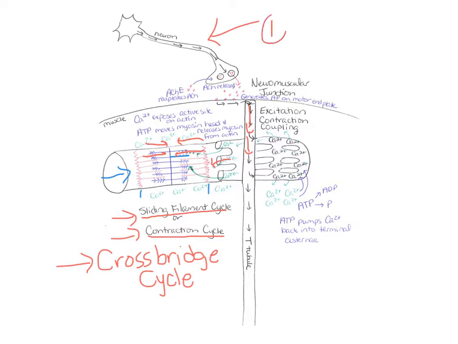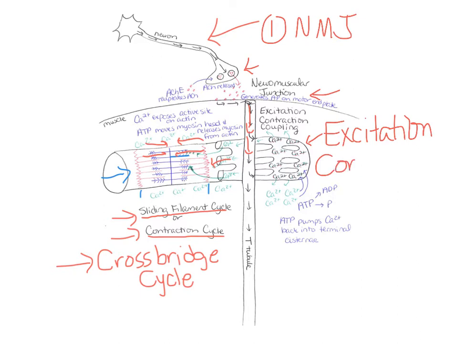The first process that we're going to talk about is called the neuromuscular junction. It's what occurs between the neuron and the muscle. So we'll look at that process and we'll see how the nerve transmits its nerve impulse into the muscle. The second process occurs when that nerve impulse gets down to the terminal cisternae. And this process is called excitation-contraction